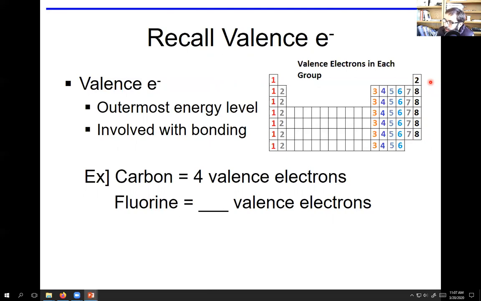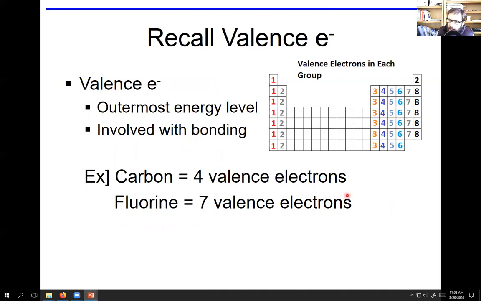So carbon, if you look at your periodic table, that's right here. It has 4 valence electrons. Fluorine is the first halogen, so it has 7 valence electrons. Valence electrons are in the outermost energy levels, the outermost principal quantum numbers, and those are the ones